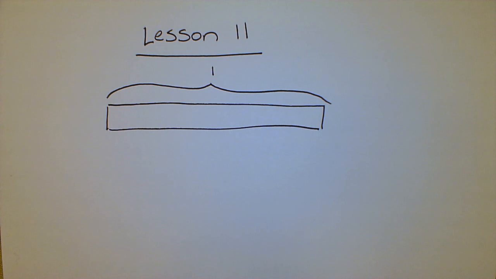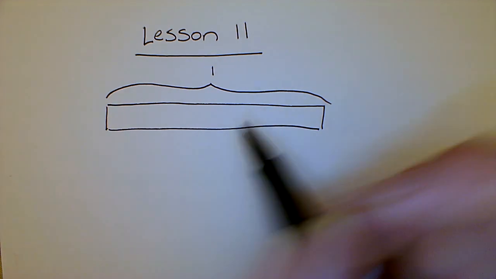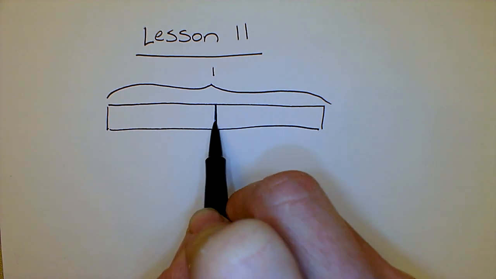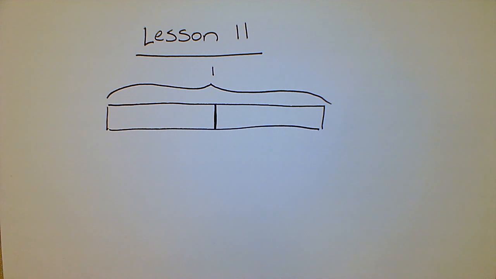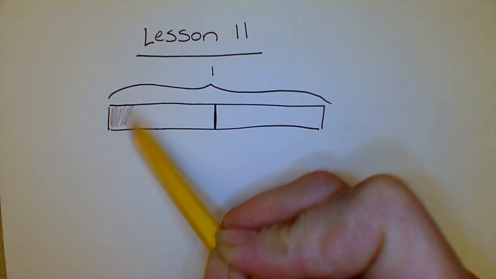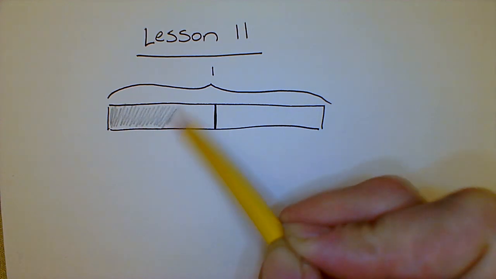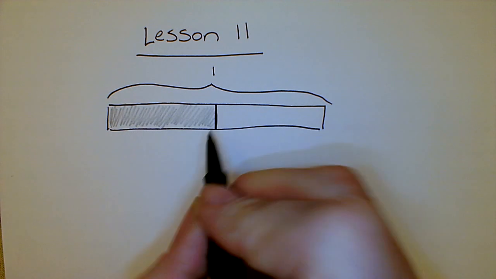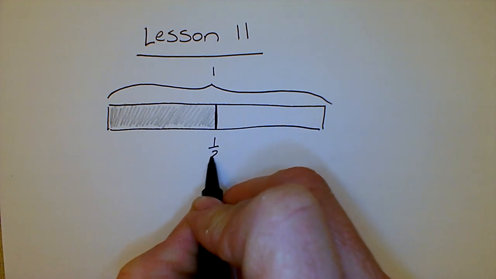And then the first thing that I want us to do is partition this, or break it apart, into two pieces. So I'm going to decompose it into halves. So let's go ahead and do that. I'm going to put a line right around the middle. And then to show that I'm interested in one half of this, I'm going to go ahead and shade one side. Alright, so I have now represented one half,